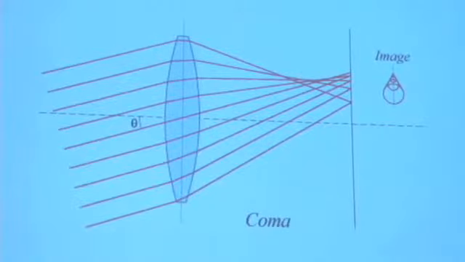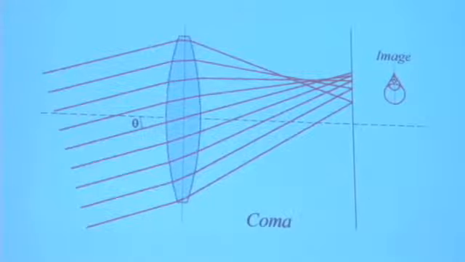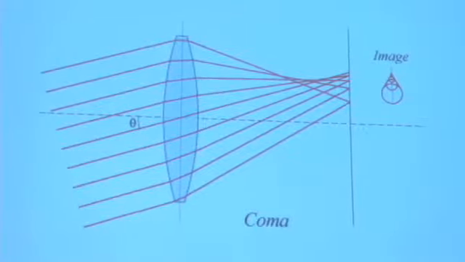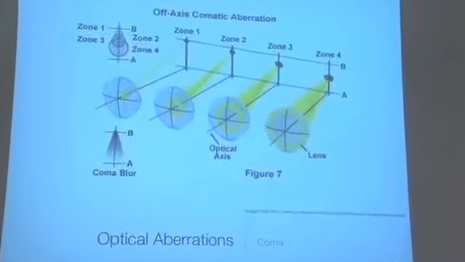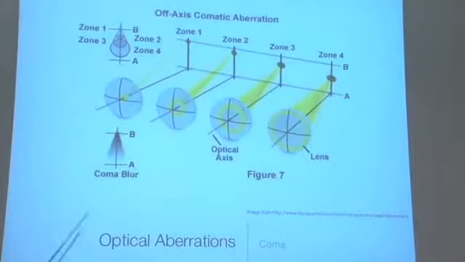Rather than being a point source, remember it should just be one specific point on the edge of the frame. It's going to be this weird looking comet shape, and that's actually where this name comes from. It looks sort of like a comet, and for some reason they said, oh, let's get rid of the ET and put an A in, so it's called coma. Okay, so just to show you a different image of why this might happen, let's say that we have a